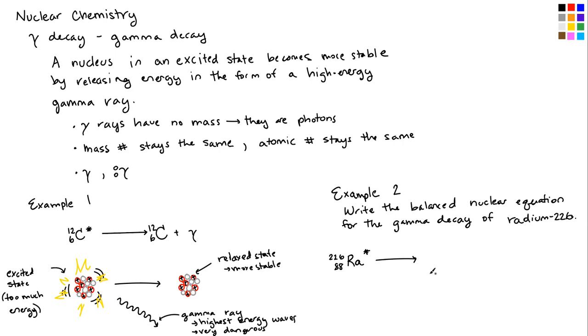And in our reaction, we know that since we're talking about gamma decay, one of our products must be a gamma ray, which one of the ways that we can write it is by writing this. And we also know that we're going to have the same nucleus that we started with, except it'll be in a relaxed state. So I'm just going to write the same thing without my asterisk. So just copy and paste it in this case. And that is it. We have completed this problem. This is all you have to write.